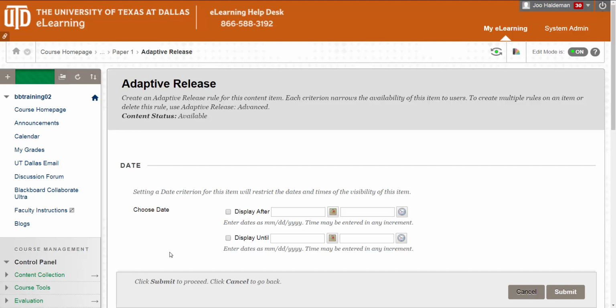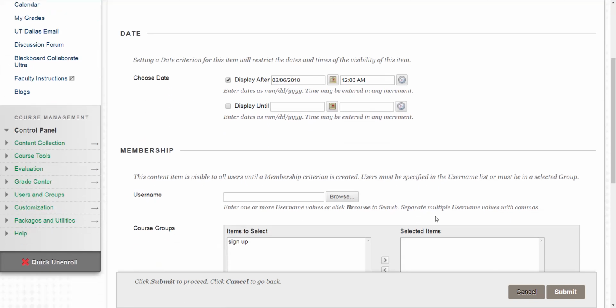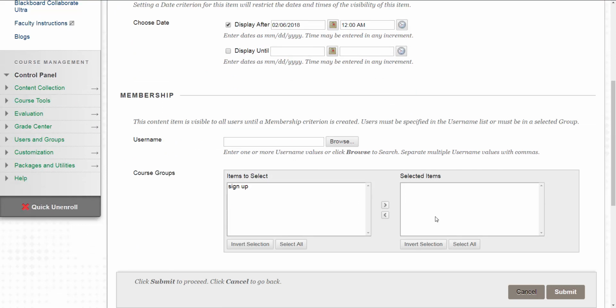However, since I did not make this restriction while creating Paper 1, I'll need to enter a date when I want Paper 1 to appear. So I'll choose Display After and edit the date and time. Scrolling down to Membership, I can choose to make Paper 1 visible to only certain students or groups. However, since I want this adaptive release to only restrict by date and by grade, I'll scroll down